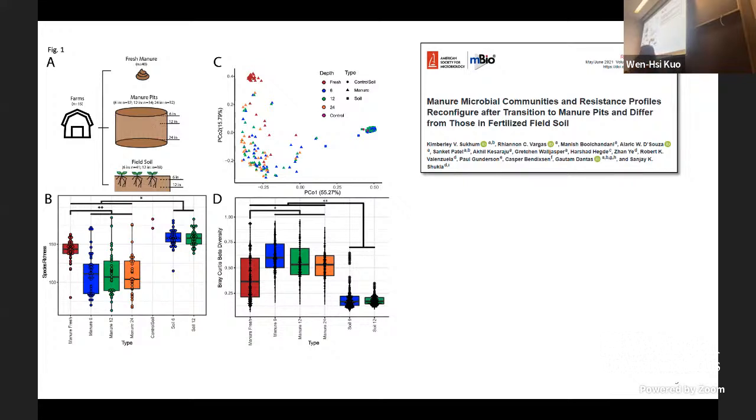But what I wanted to show here is that we found that there is this reconfiguration of both taxa and functional profiles when you take this fresh manure and store it. So there are potentially a lot of different sources that could be taken on this farm, right? And here are some figures showing the species richness and beta diversity differences of fresh manure in red, and then the manure pit at different depths,